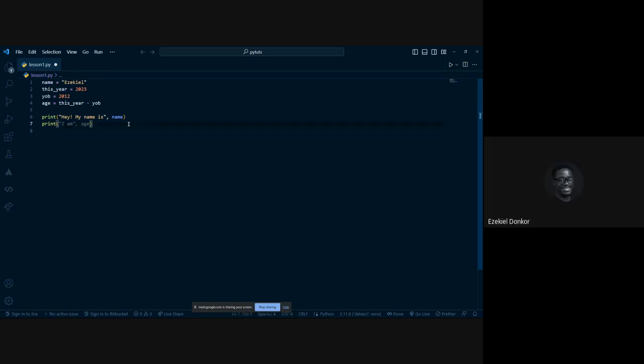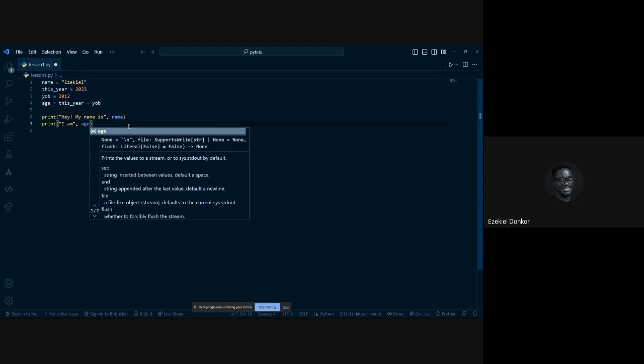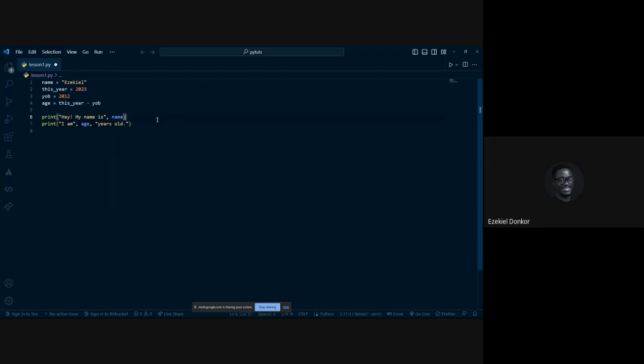So say, I am, right? And then come outside of that, and then you want a comma, and then space, and then age, and then space, and then quotes again. So age, comma, space, quotes again, and then years old, full stop.